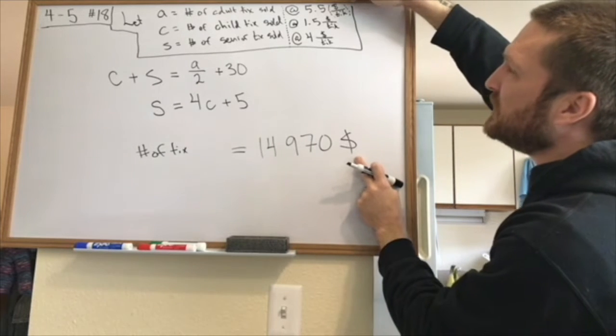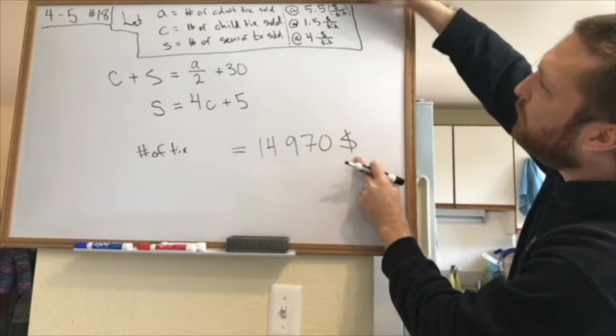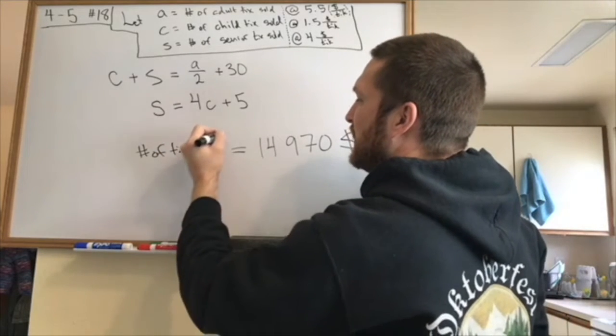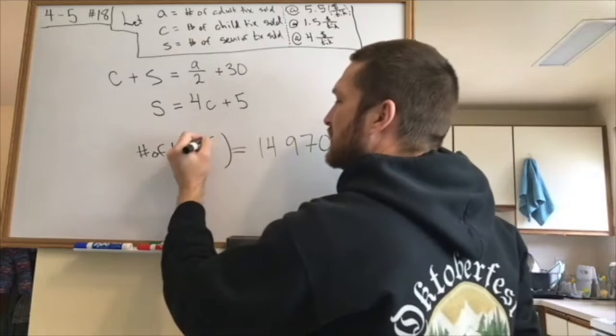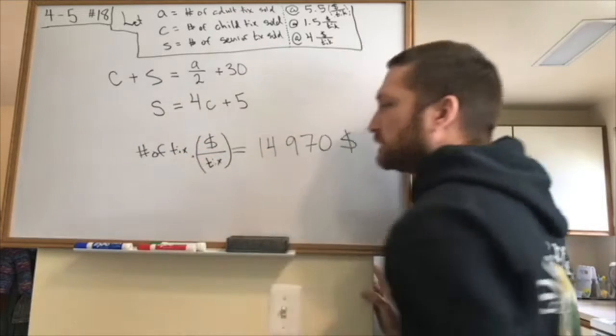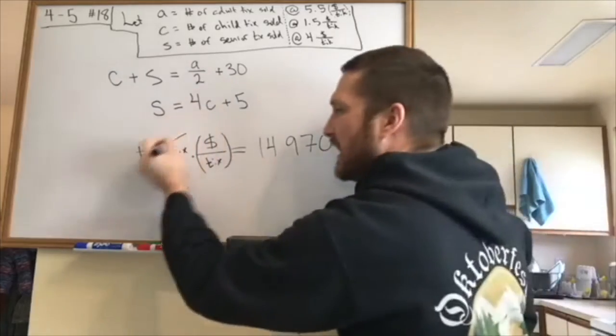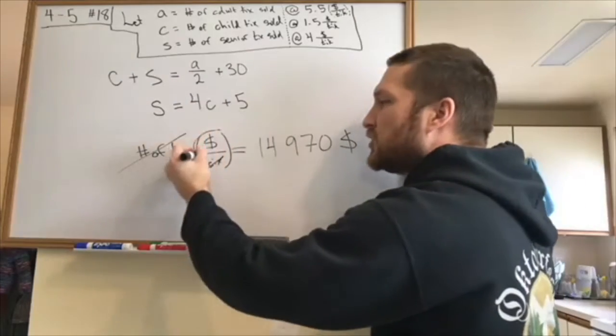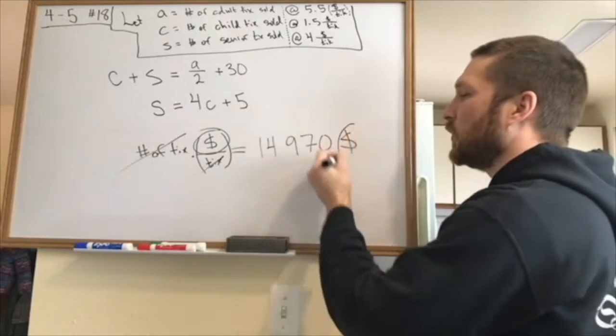Because that's the question here. It's like, oh, I would have to multiply this number by this thing here. If I took one of the rates, that is dollars per ticket, then the number of tickets would cancel with tickets, and I'd be left with just money, which is what I'm